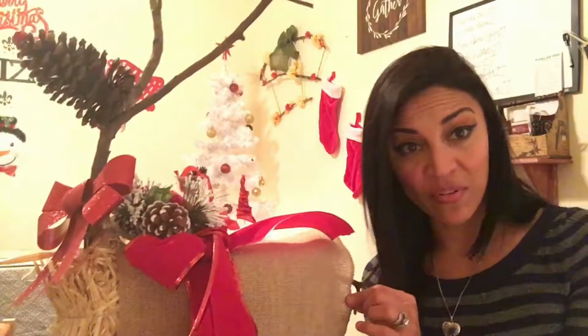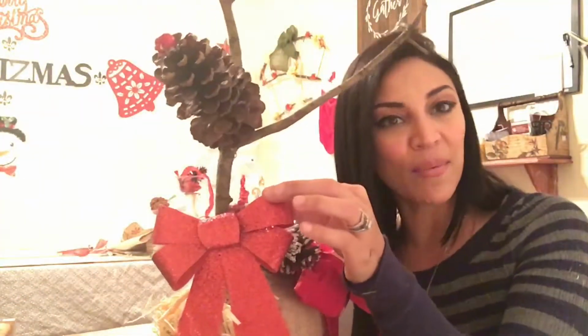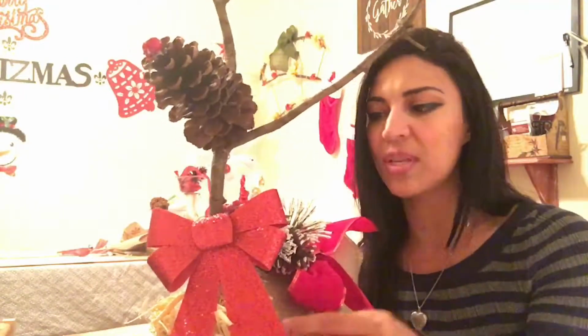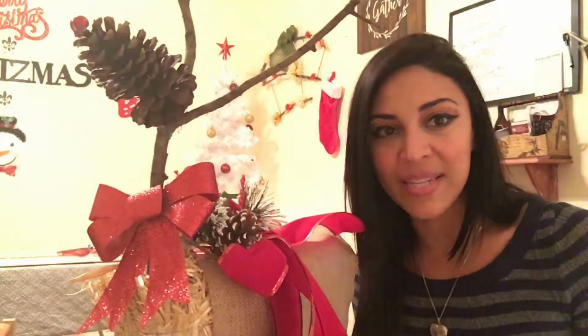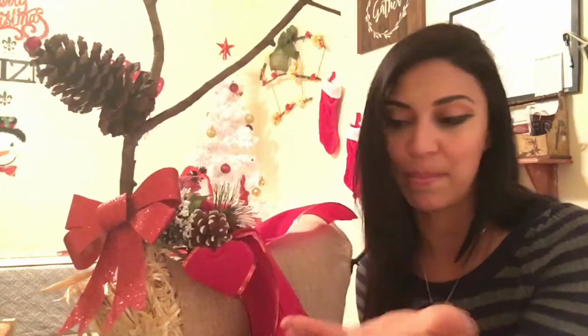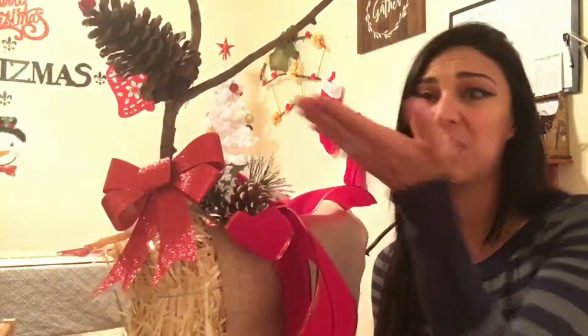I got the burlap for $4. And this bow right here I got from the Dollar Tree. It comes in 2 in a pack, so $1 for 2 bows. And then I just decided to add some little pine cone-like decorations that I already had in my home, and then this little ribbon as well. So I already had these 2 here. Pretty much this deer is under $10, and with the sticks and pine cones that I got from outside,